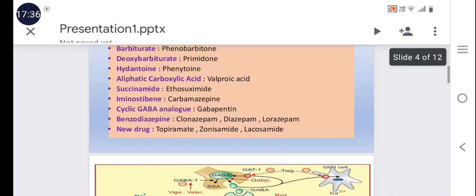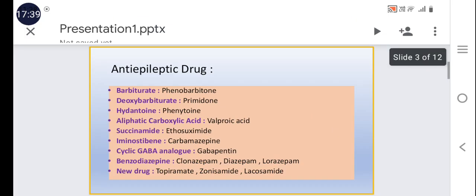Classification of the anti-epileptic drugs is important. That is barbiturate, phenobarbital. You can remember that in case of sedative hypnotics, barbiturates and benzodiazepines are used. Like that, in the treatment of seizures, barbiturates and benzodiazepines are used. Other than this, valproic acid is a drug that acts by all three mechanisms of action. It can prolong the sodium channel inactivation, it can show the GABA facilitatory action, and it can inhibit the T type of calcium channel also.